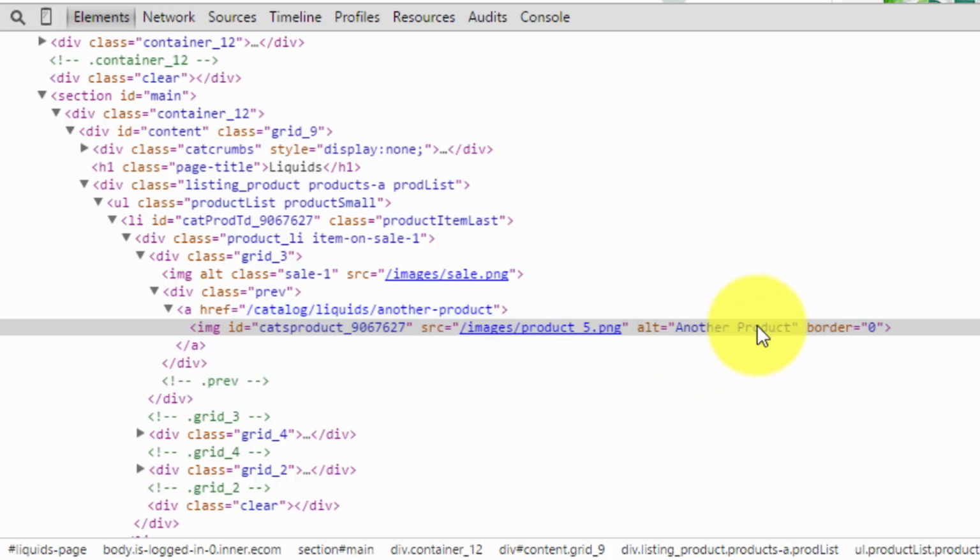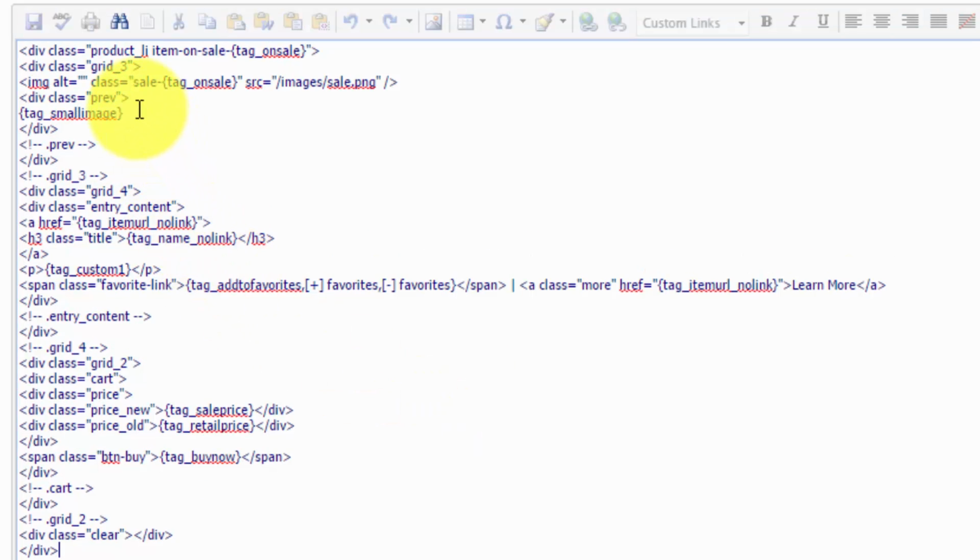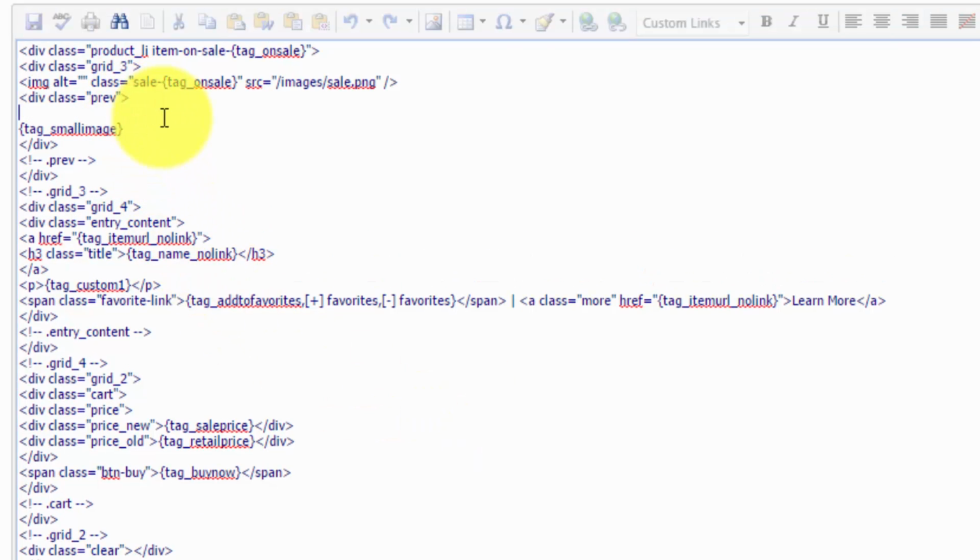But what if you want to change that alt attribute? You want to give it a different value, or maybe you want to add, say, the product code so that the product code becomes something that can be searchable as well. So to do that, we're going to have to basically rewrite this code ourselves and then just put in some tags from BC. So back in the back end, I'm going to just jump on top of this tag,